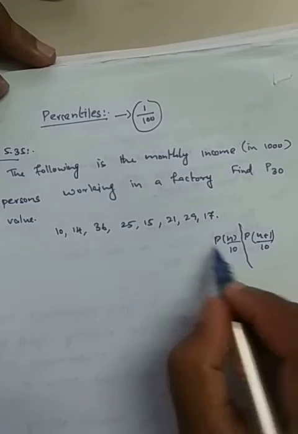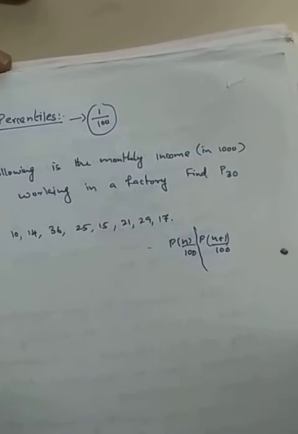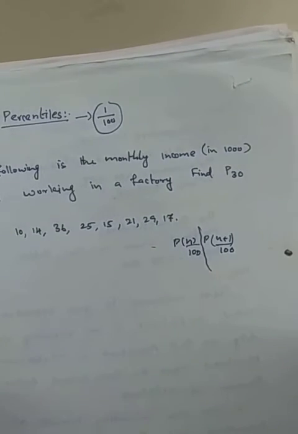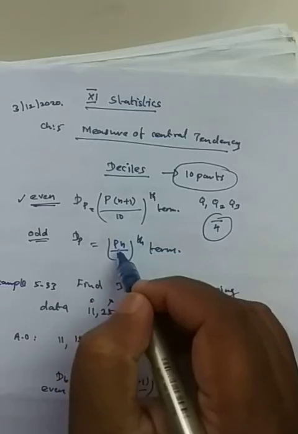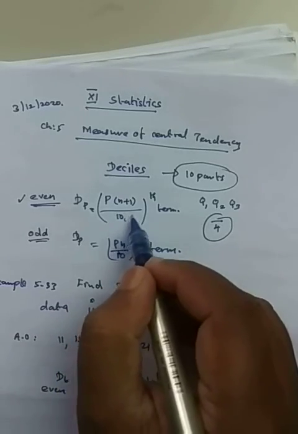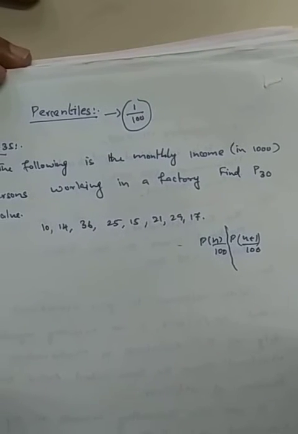This is two separate. Instead of 10 here, you are going to use 100. The formula is the same as what you have done there. Just now I will show it on paper, you will be able to understand. We did it like this. This is decile by 10, but here it will become 100, now it becomes percentile. Here also the procedure is the same.